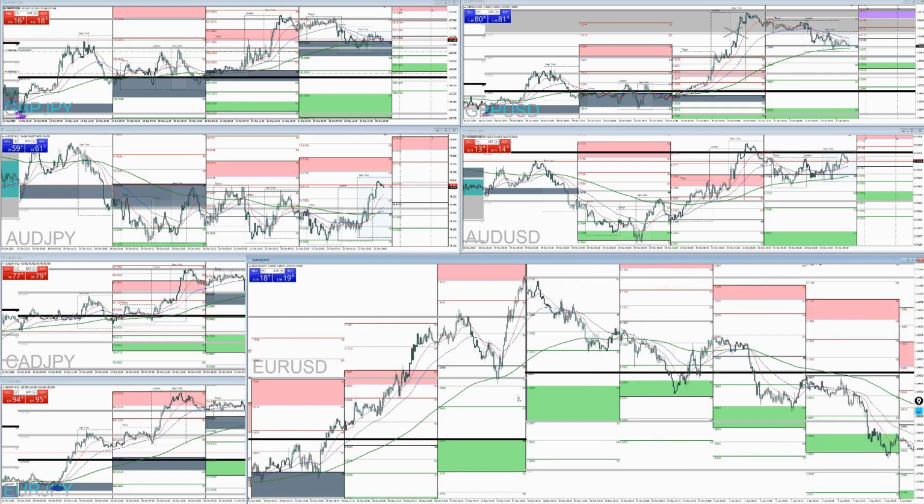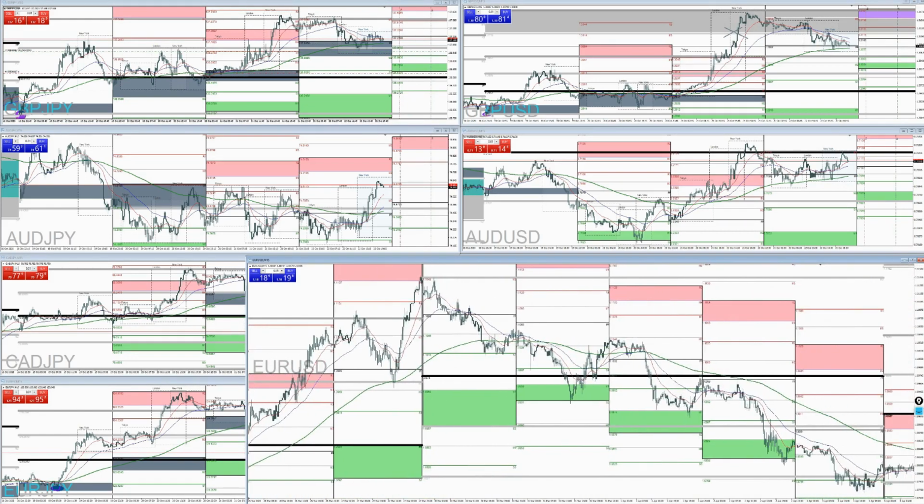Next week, we did get a bounce off central pivot, but I do want to see the price action go up through the pivot during the New York session or the London session, so I would prefer it to look something a little bit more like this instead of this.